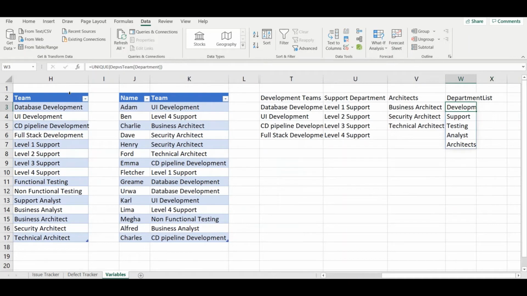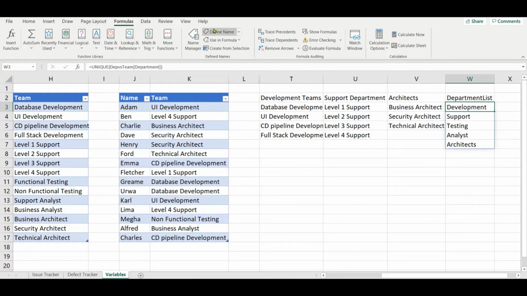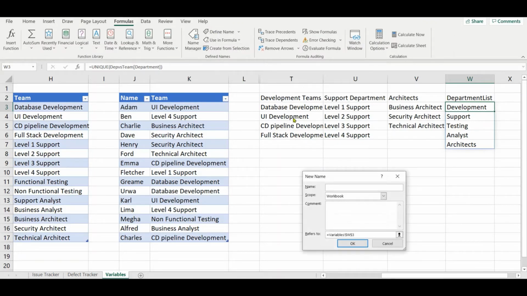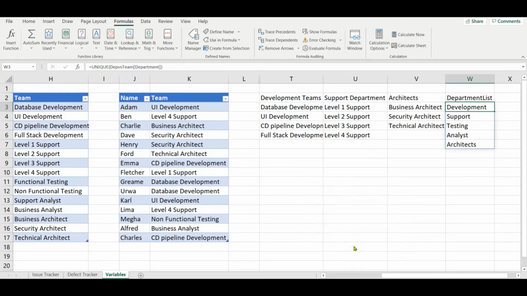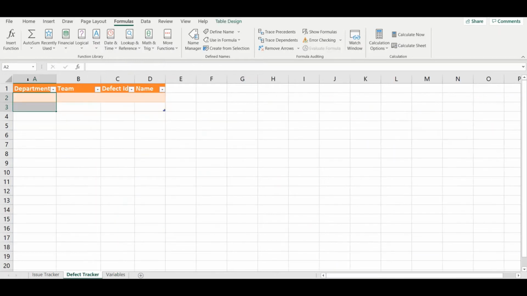Now I need to define another name here. Define name: department list, and it starts at this location. To get the complete array, we must mention the hash symbol. Now let's go back here. Now, okay,